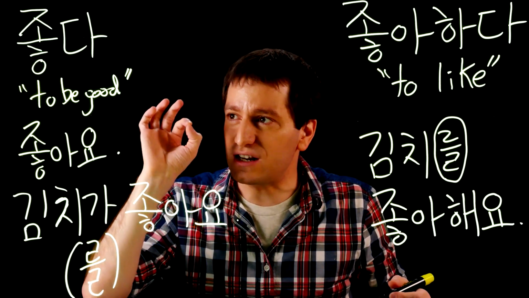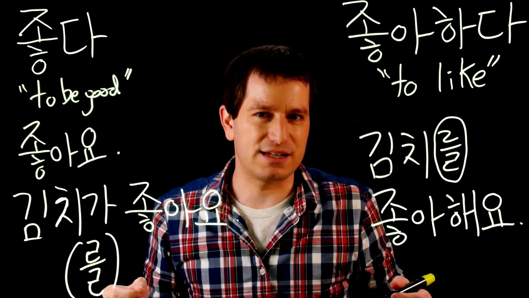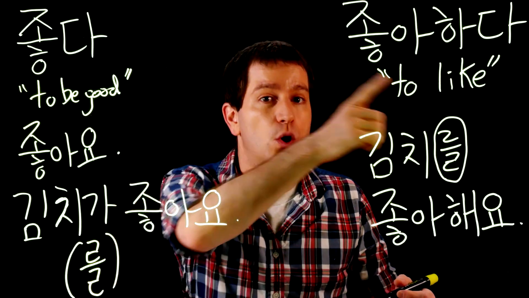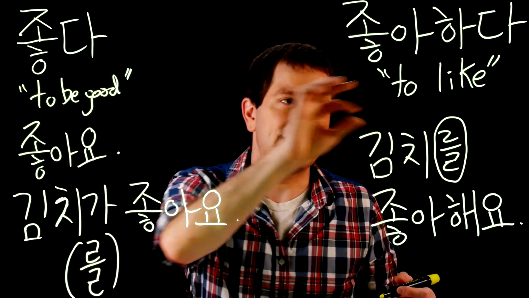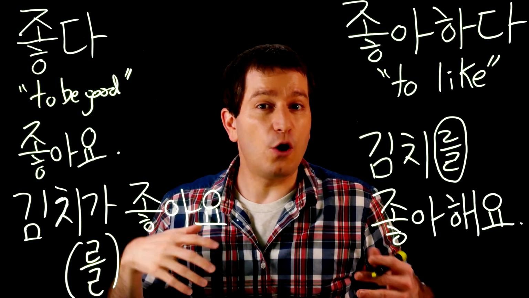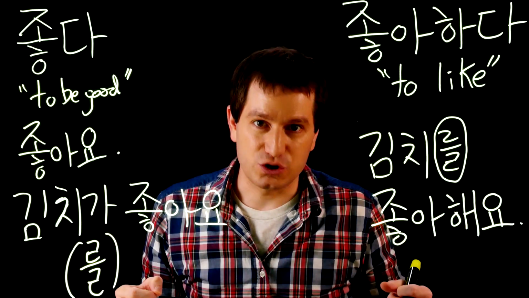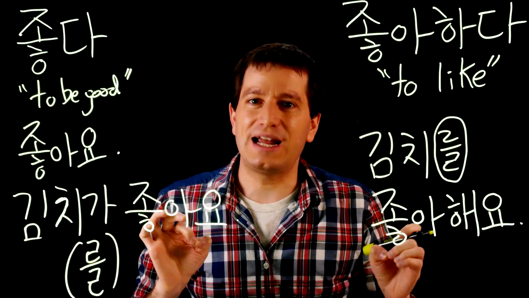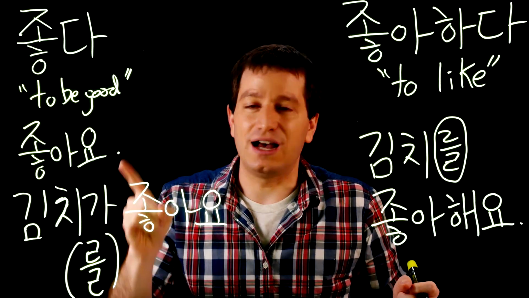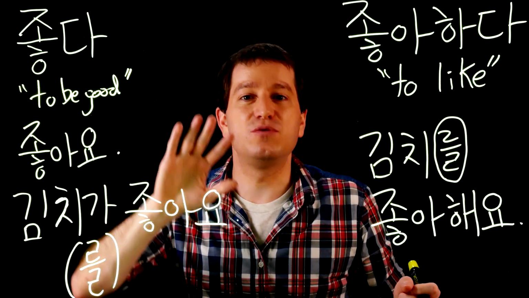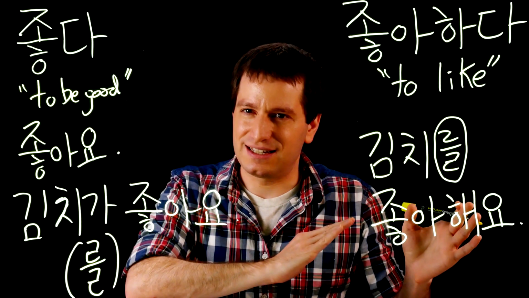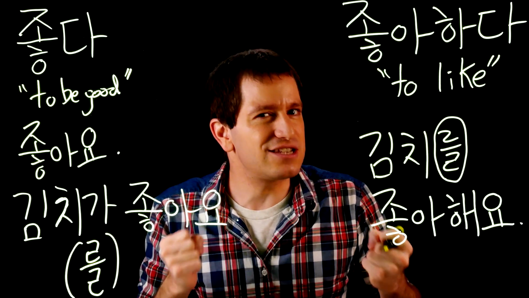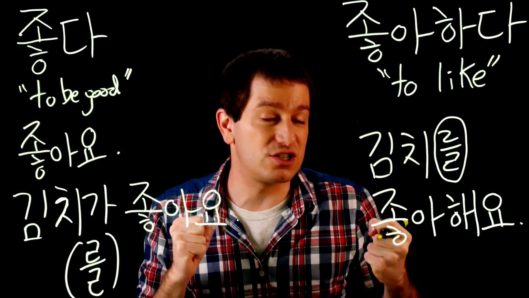If these words have such different definitions, then why do they get mixed up? I actually probably made this mistake too when I was a beginner. Literally, these words only have these definitions, to be good and to like. 좋다 can also translate as to like. Only in translation, though. Literally, 좋다 always means just to be good. But when you're translating it, it can translate more naturally as to like something. And I think that's the reason why this gets misused so often.